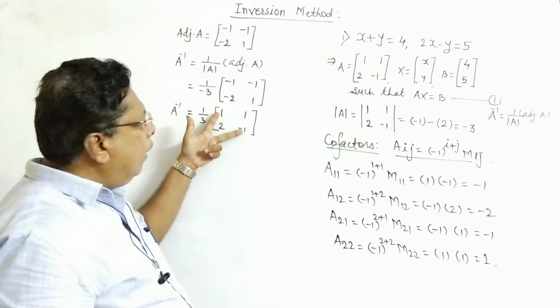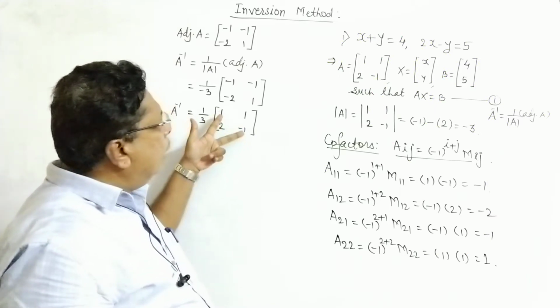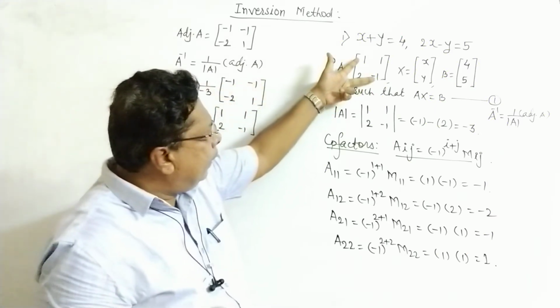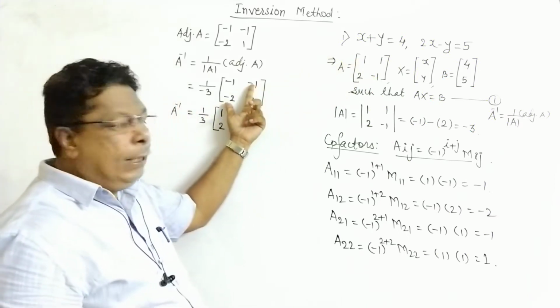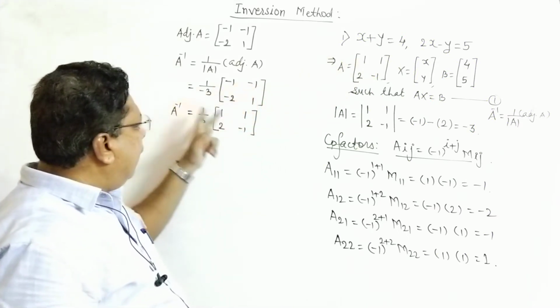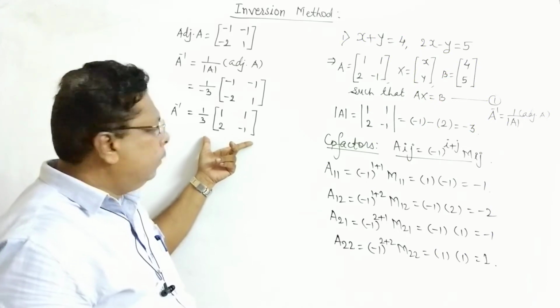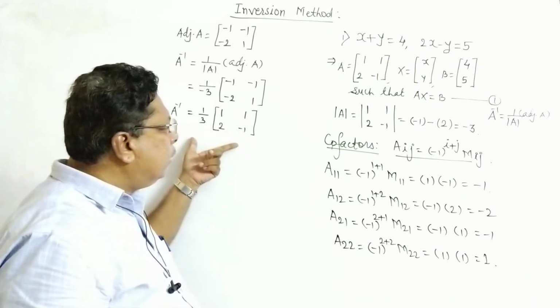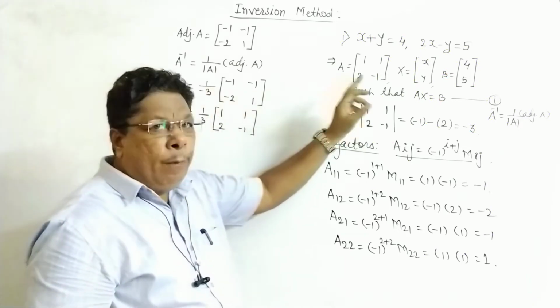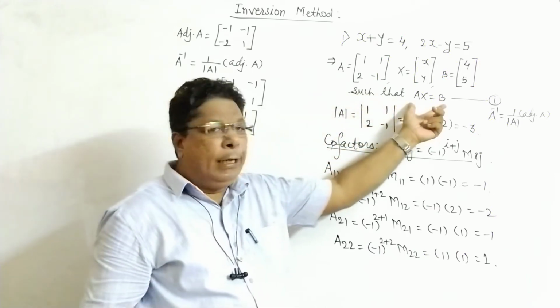Okay, diagonal elements will be interchanged. Now see, diagonal elements are interchanged. Non-diagonal का sign change हुआ है. Then we multiply by -1, we will get this A inverse. Okay, from this A inverse, we have to find the values of x and y by using the equation Ax